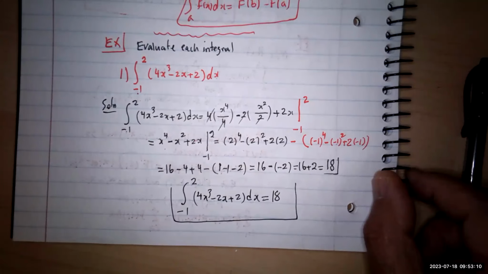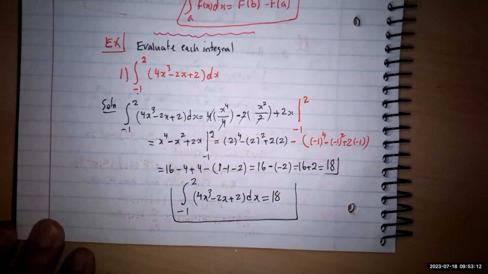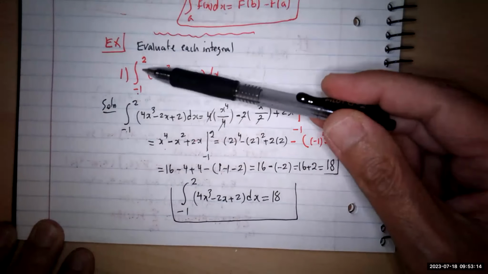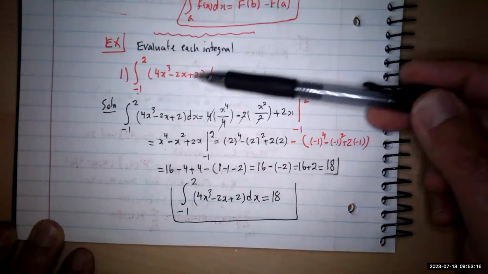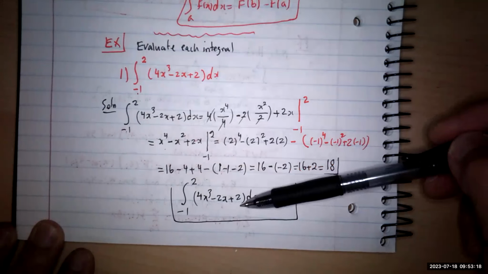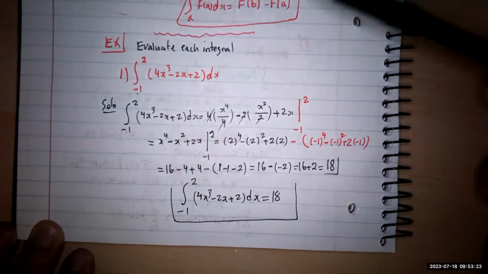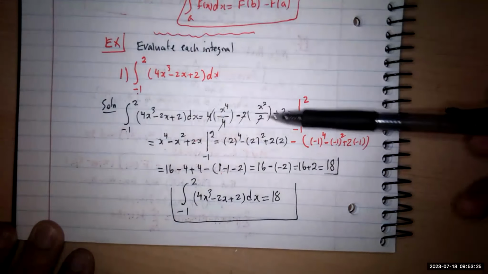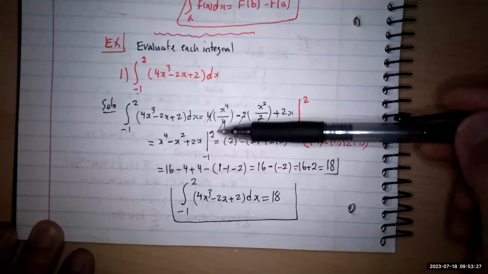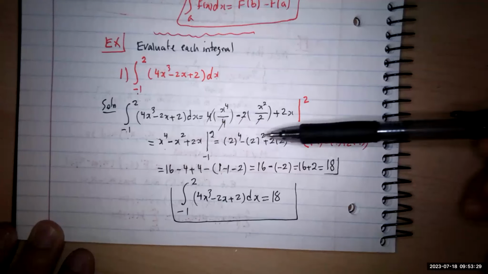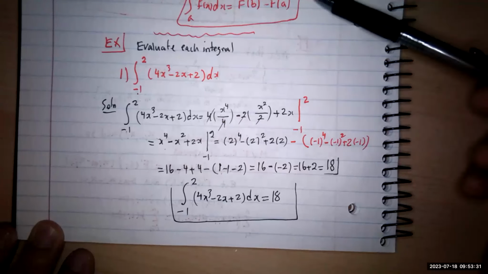So make sure you know the difference. This is a definite integral, so the result must be a number. You see, it's a definite integral. The result must be a number. So you integrate it as usual. You may use different methods, even you may have to use substitution method. Then don't add the constant c. As soon as you simplify it, then you have to find it from -1 to 2 according to the fundamental